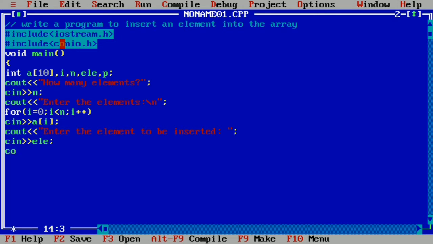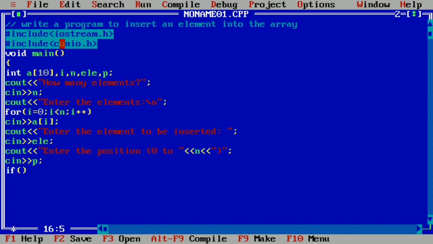Next here we'll write cout, enter the position, which is ranging from 0 to, here we'll write in double quotation marks n, so there could be n number of elements. Next cin, and here we'll write P as the position.